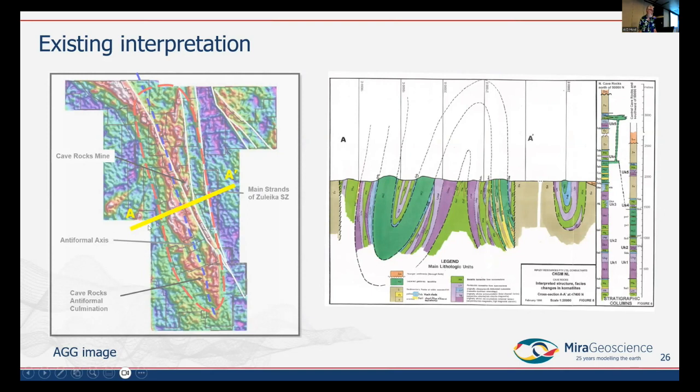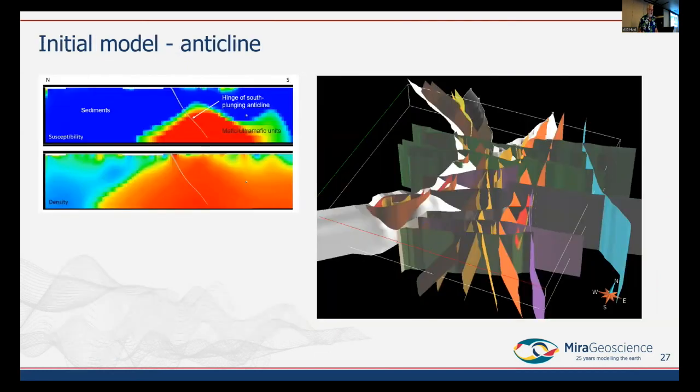We had one cross section just south of the area we were looking at, and I don't know where this came from, but it's just showing this big anticlinal structure that had been interpreted. So again, greens are mafics, purples are ultramafics. And you can see that it's pretty chopped up. There's not much outcrop in this area either. So it's not necessarily obvious what's what, but this is exactly what we were told by the client. We went ahead and started interpreting the potential fields data.